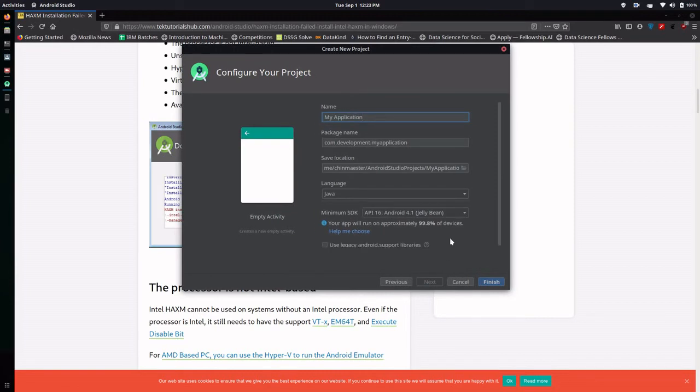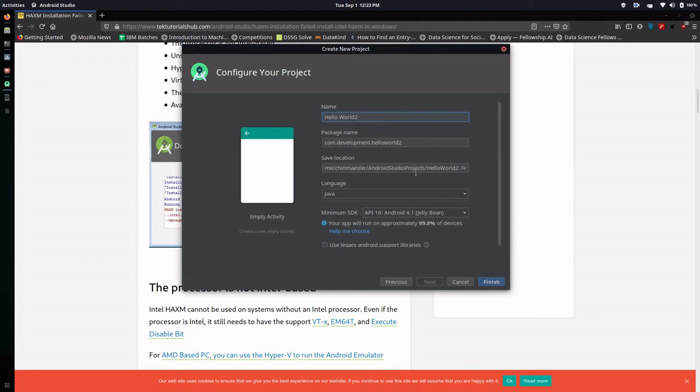After that, you have to specify the application name. Let's say hello world 2, because I had already created a project named hello world, so I think it might give some problem. Another thing is that you have to specify the package name. This package name is totally project specific. That means whenever you are creating a new project, you have to always give another name to the package. Otherwise, it will create some errors.